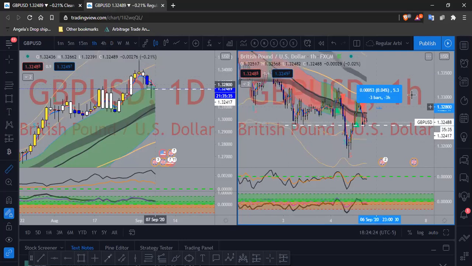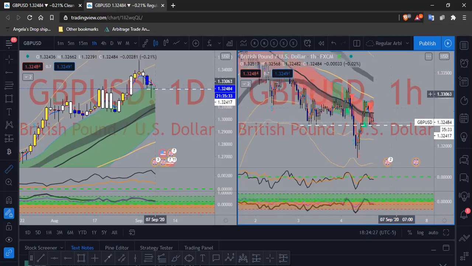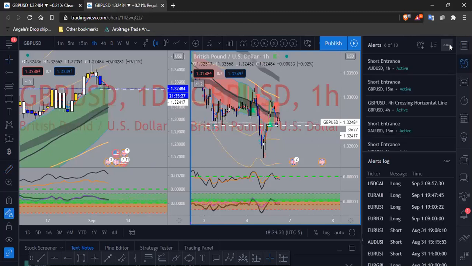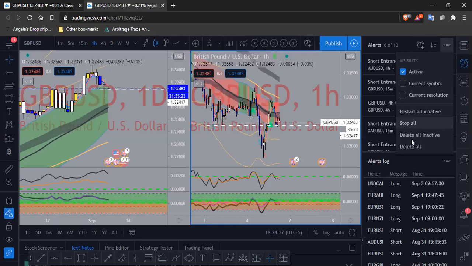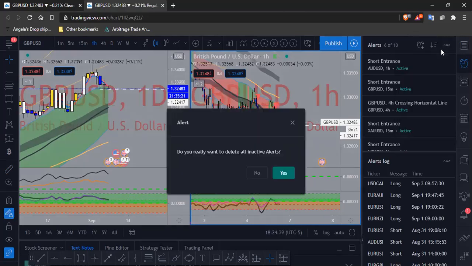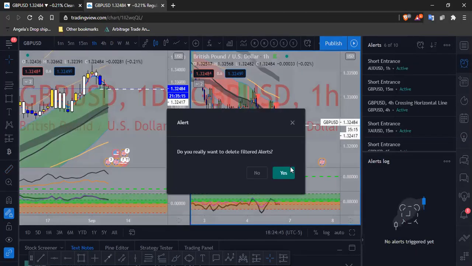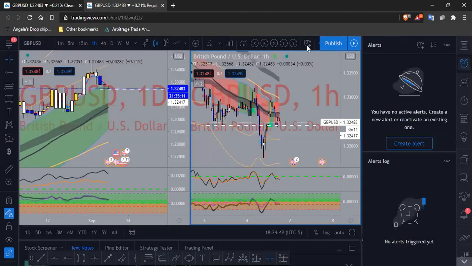So that's with GU. I'm actually gonna set up an alert on GU, but first I want to clear my alerts, make sure I delete all inactive ones if there are any. Delete all. All right, then set up an alert,